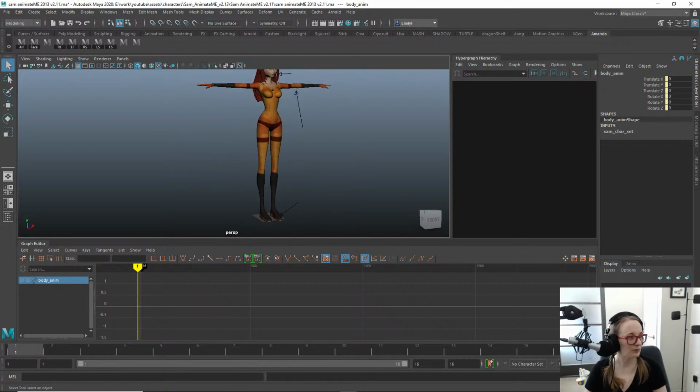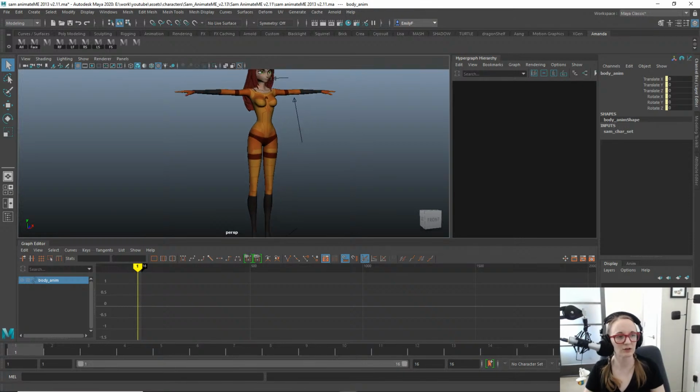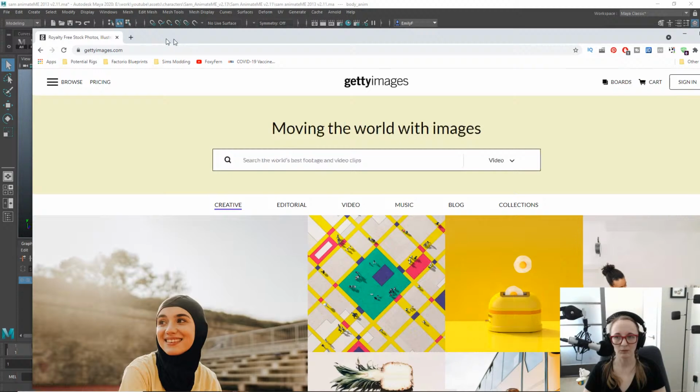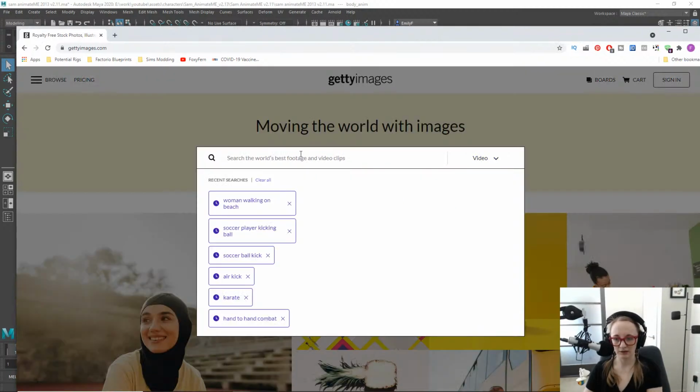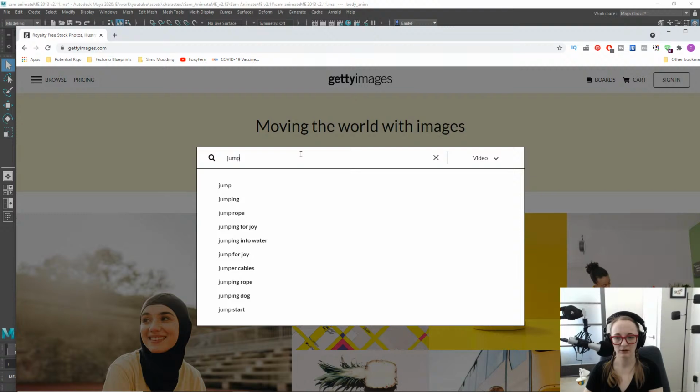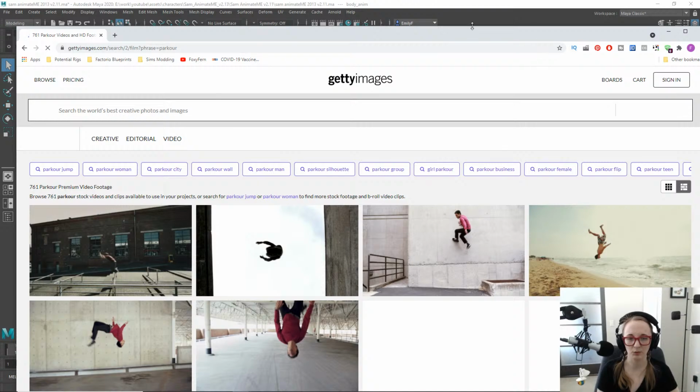Alright, because of some technical difficulties that I was having throughout the last few hours, I didn't actually have time to find my video reference for this, but that gives me a good opportunity to show you guys how I approach finding video reference. So we're going to start with Getty Images. I'll bring my web browser over here, and we're probably going to find something from a parkour video,